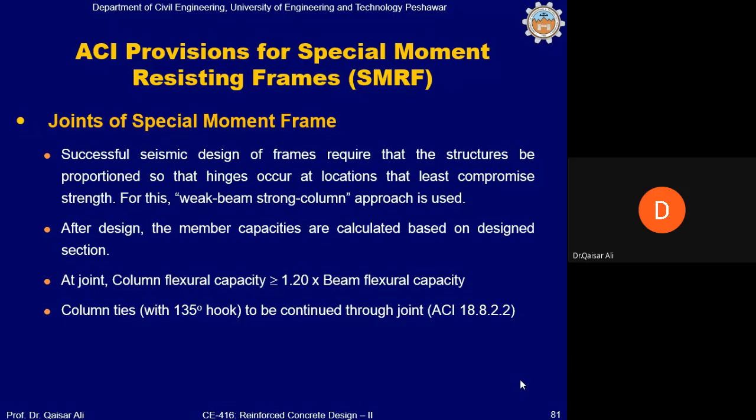Because if the capacity of the column at the connection is less than the capacity of the beam at the connection, then spalling of concrete, cracking of concrete, and yielding of steel